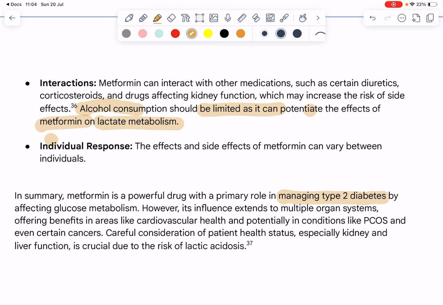In summary, metformin is used as a primary drug for the management of type 2 diabetes, and it decreases the blood glucose level. It also has a beneficial effect on the cardiovascular system. Apart from the diabetic use, non-diabetic uses include polycystic ovarian syndrome and certain cancers. You should also be very careful when giving the drug with kidney and liver function derangement, because it can increase the risk of lactic acidosis. In total, if you want to revise,